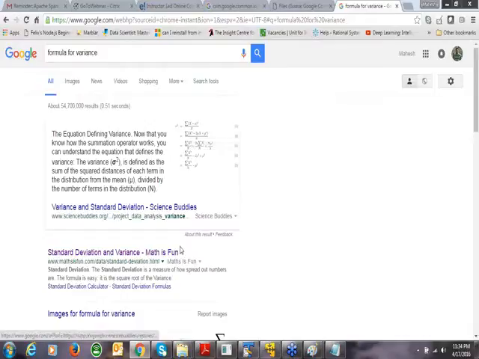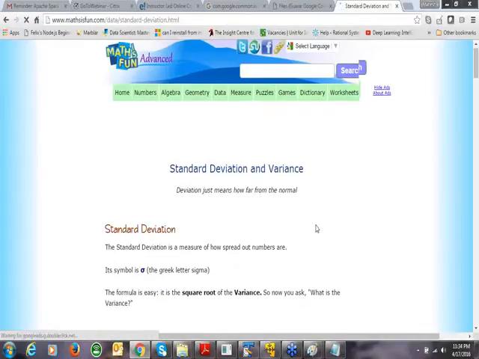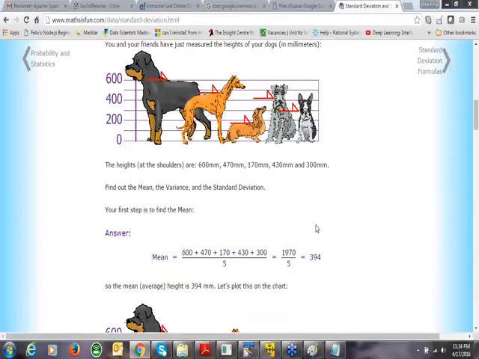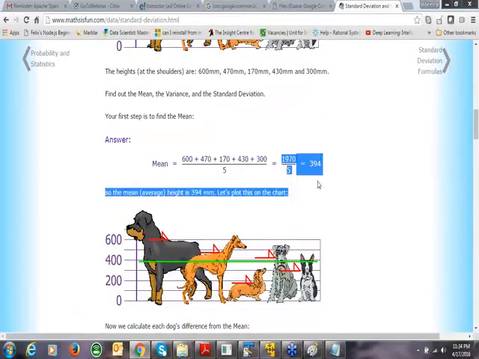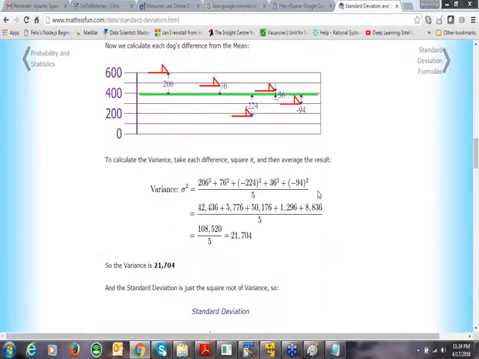So it is the summation, right? As I told you, it is the summation of all the differences basically. So variance is basically the summation of all the differences. So if you compute the differences like this,